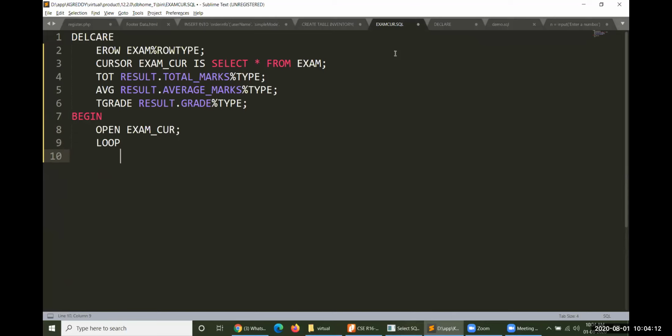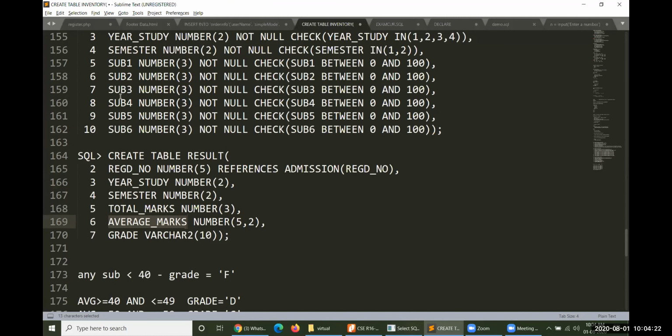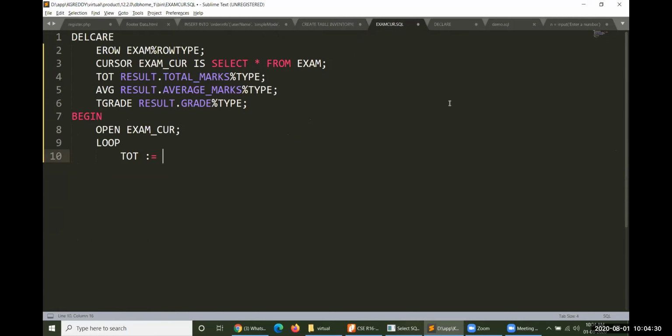Then what exactly are we trying to do? You need to identify the total marks. TOT is equal to, so how many variables are there here? These are SUB1, SUB2, SUB3 and so on. Oh, sorry, I'm very sorry. First of all, we need to fetch the data.